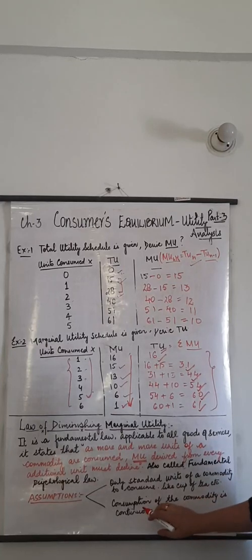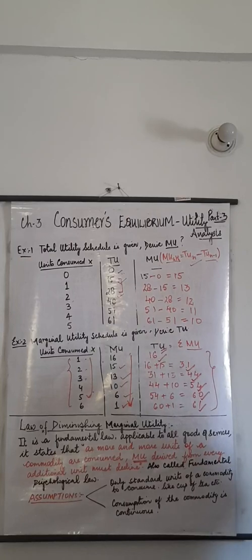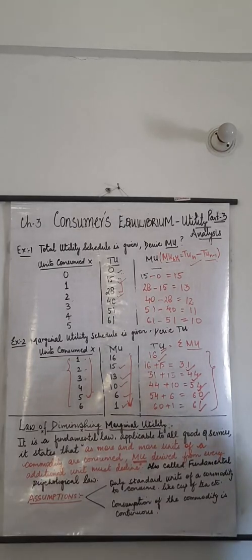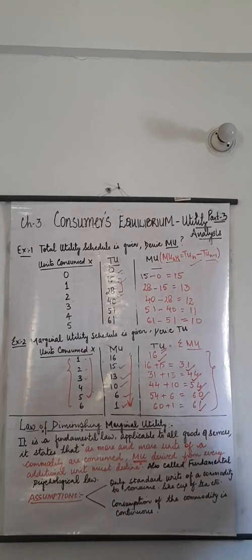Other than that, the consumption of the commodity should be continuous. It should not be like today I am having a glass of water and tomorrow again. It cannot be compared. And one more thing to be added, the commodity that we are consuming should be the same. We cannot have the same satisfaction level taking a glass of water and at a similar time a glass of milk or a cold drink. Both commodities are different, so the satisfaction derived from them is also different. So it has to be the same commodity, continuous, and in a standard unit.